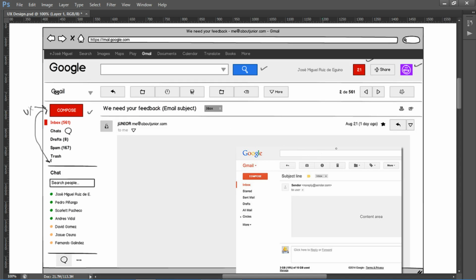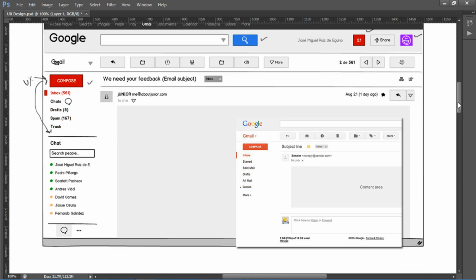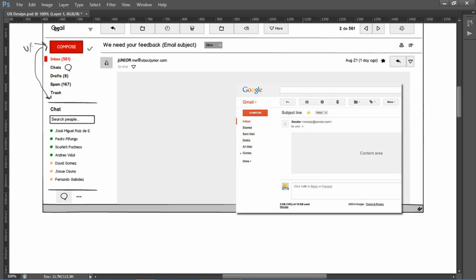For another example, we will take this. If you look at this, click here to reply or forward. Click here to reply or forward. So why is there a statement like this below the mail? This is a mail, right? So why is there a statement below the mail? If I want to send a mail to another person, what will I do?